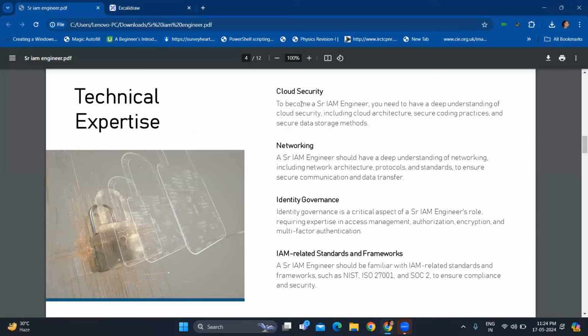I'll go into a little bit more detail. When you talk about cloud security, the first thing is thought process. How do you change your thought process? Whenever you talk about IAM, IAM means identity and access management. Your journey starts with identity. Without identity, you cannot manage anything. You cannot give access to anyone. You cannot govern anything. So when you think about identity and cloud security, that means either your identity is in the cloud or the system that is managing the identity is in the cloud.